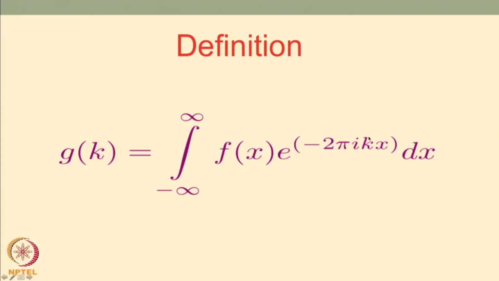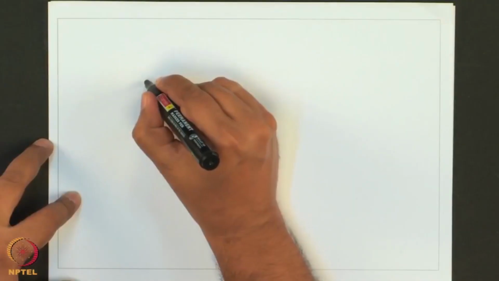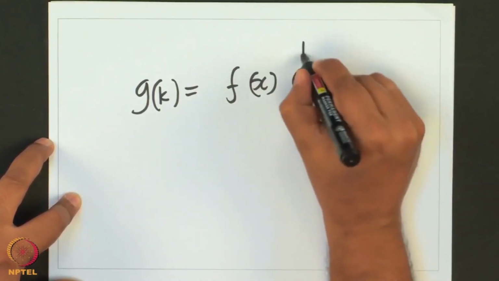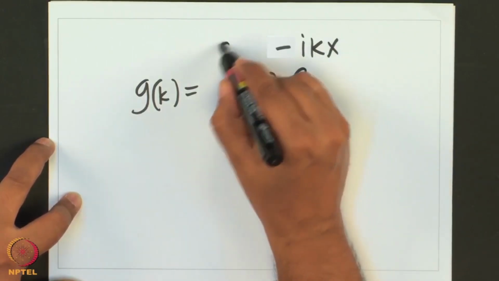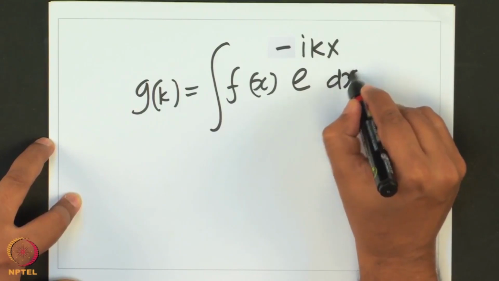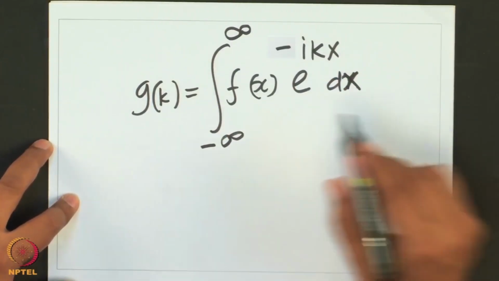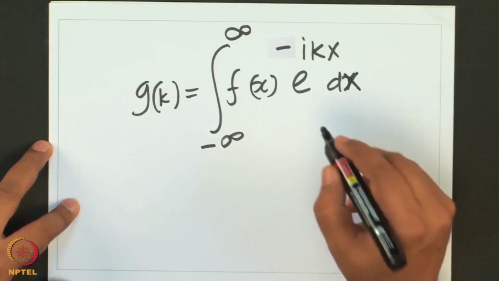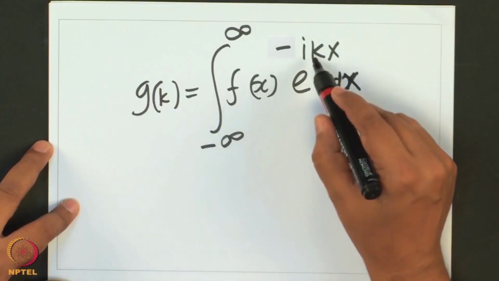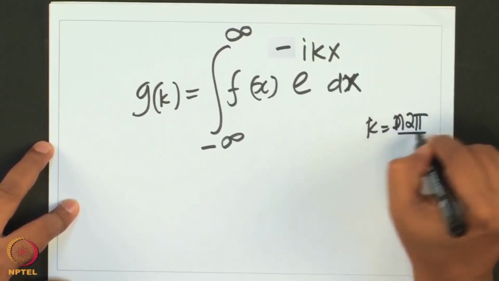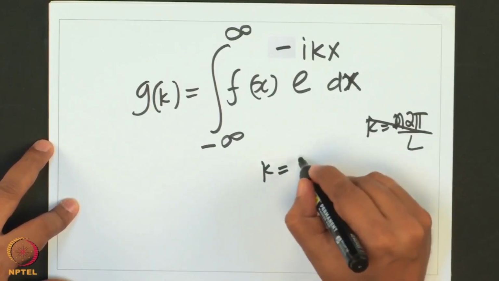Very often you would also see it represented this way: g of k is f of x. You want to convert f of x to g of k, you have to multiply with e power minus i kx, and integrate over dx from minus infinity to infinity. If I integrate this, I will get g of k. Now k can be appropriately defined, like k can be defined as 2 pi by L, n 2 pi by L and all that. So if I define k as n 2 pi by L,